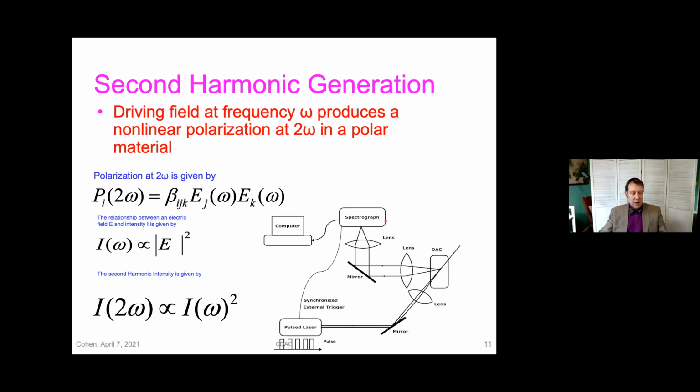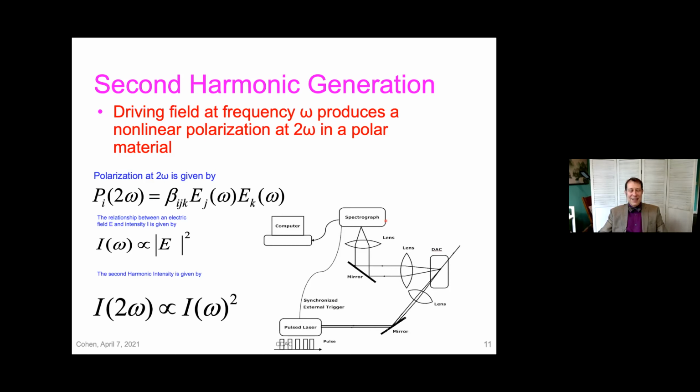So Mukhtar and I decided to do second harmonic generation experiments. Mukhtar is the one that actually did these, along, I think, with Alex Goncharov. The idea is you put in a laser at some given frequency, and you look for a response at 2 omega, at double the frequency. And so typically you use like an infrared laser, and then look for 2 omega in the visible.